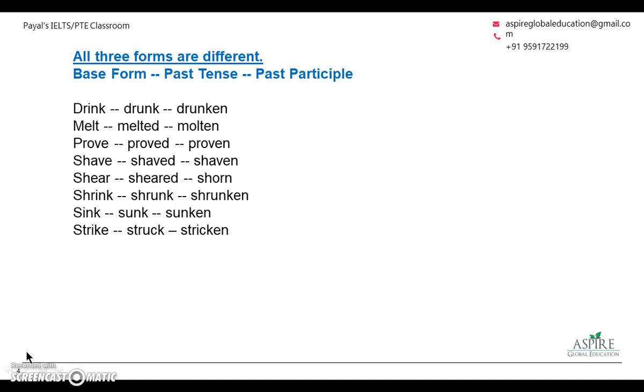So this third past participle is used either for the present perfect tense or for the passive voice when you are changing your active voice to passive voice, right? For example, she took the ball. The ball was taken. So taken is the past participle form. Or she has taken the ball. This is the present perfect form. So in this we are using the past participle. So that is why you really need to understand this concept of past participle so that you do not make mistakes in your active passive voices. I mean especially the passive sentences, and you also do not make mistake with your present perfect tense.